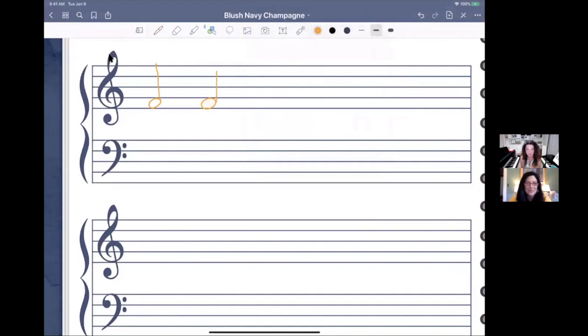It makes it look better. You can write any kind of musical symbol. You can turn off the shapes and turn back on your pen, and make a big repeat sign. It's just for jotting things down. If you're trying to teach your student, you can write down a scale. Here, play this scale, or where do the accidentals go, or anything like that. Basically, the sky's the limit. Just use it like you might use